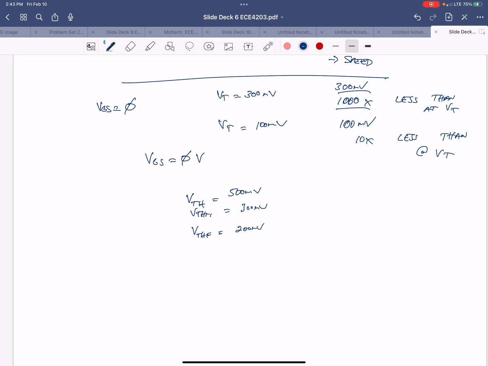Also, it tells you why the foundries can't just go to 0 threshold voltage or 10 millivolt threshold voltage. You just don't see that, right? Because you could say, well, look, how come my power supplies are stuck at 700 millivolts or a volt? You said you want